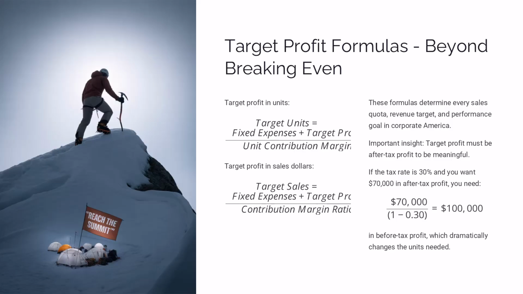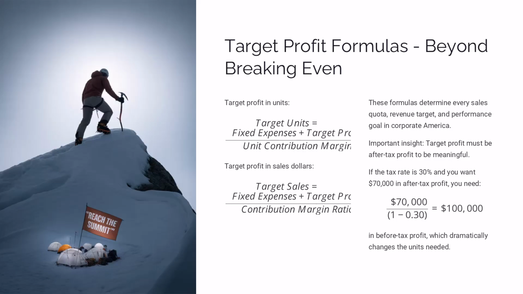When Warby Parker was starting out, they calculated they needed $500,000 target plus $200,000 fixed, divided by 35 unit CM equals 20,000 pairs of glasses to hit their first-year target profit of $500,000, which seemed impossible for an online-only eyewear company. But they hit that target in 3 weeks, validating their business model and attracting the venture capital that made